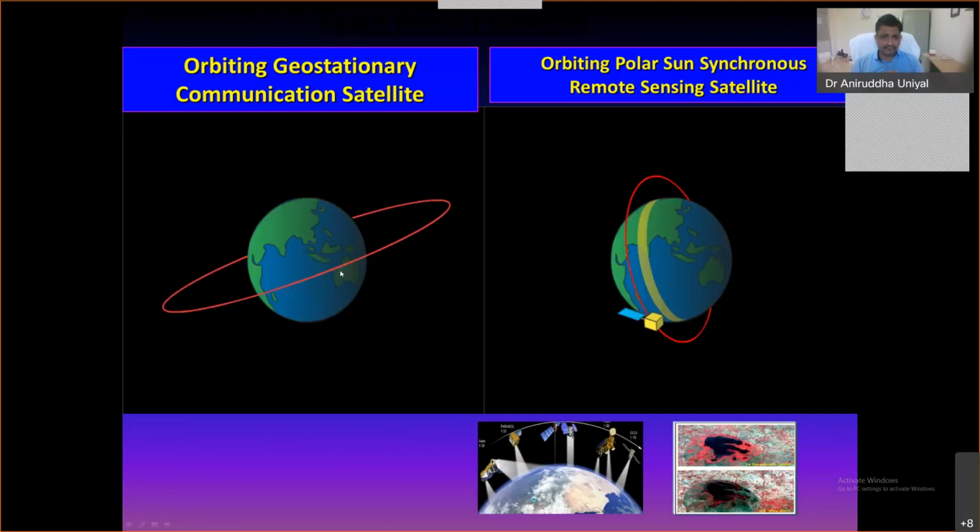And they have excellent revisit capability. We can see the same area after an interval of every 5 days. And if we can rotate their camera, we can see even at a lesser interval. Now India is a country which has the largest number of remote sensing satellites. So we have that revisit capability, wherein we can see any area of our country within a span of maybe 5 days or even less than that. And I think this is an excellent tool for river mapping, for bank line shift mapping, for river channel level studies.